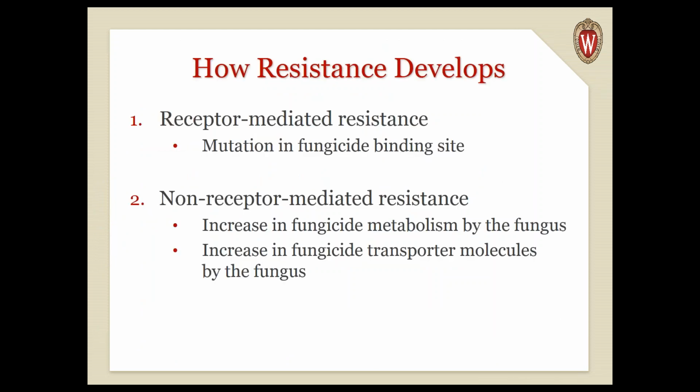All right, so let's move then from the generic how fungi interact with fungicides to how resistance develops. There are really two primary types of resistance development in fungi. One is what we call receptor-mediated resistance, and this is the kind of resistance I think we're mostly familiar with. Fungicides need to bind at a specific site in the fungus to be active. If there is a mutation in that binding site, the fungicide will no longer be as active. They might not be active at all, or they might not be quite as active and just show minor resistance